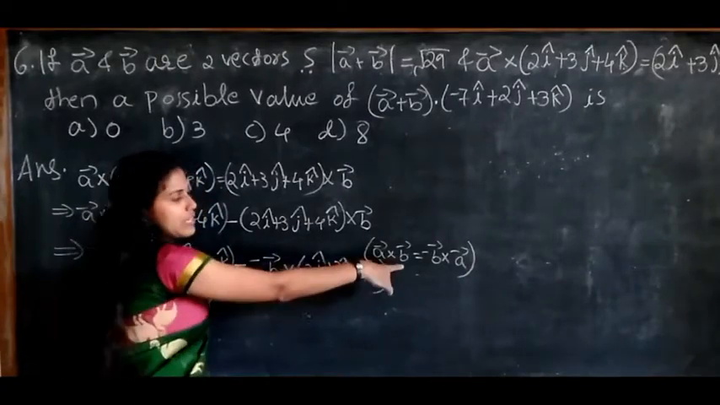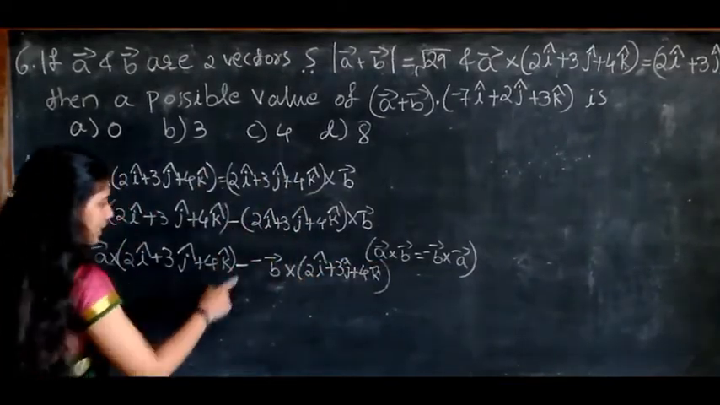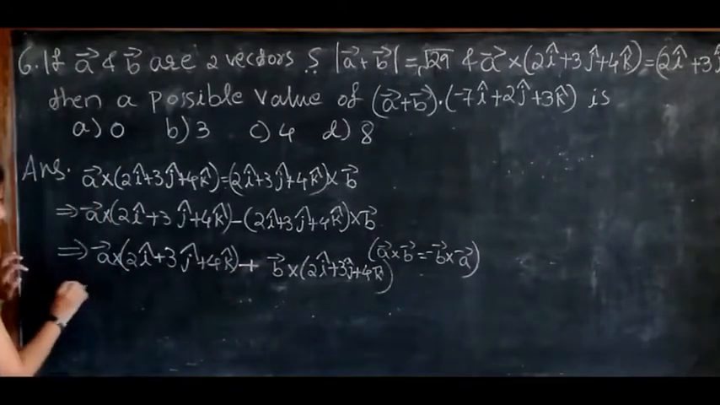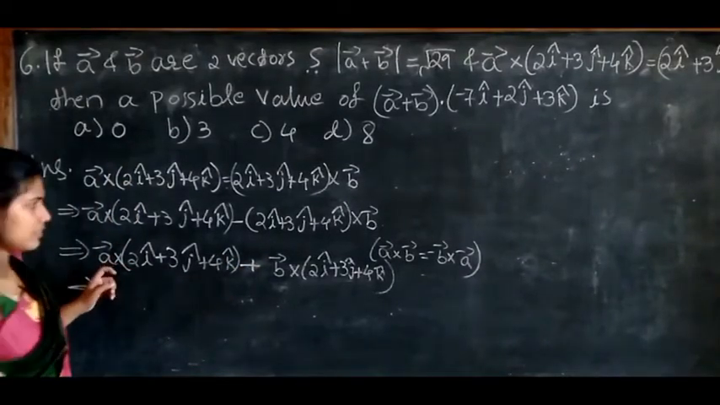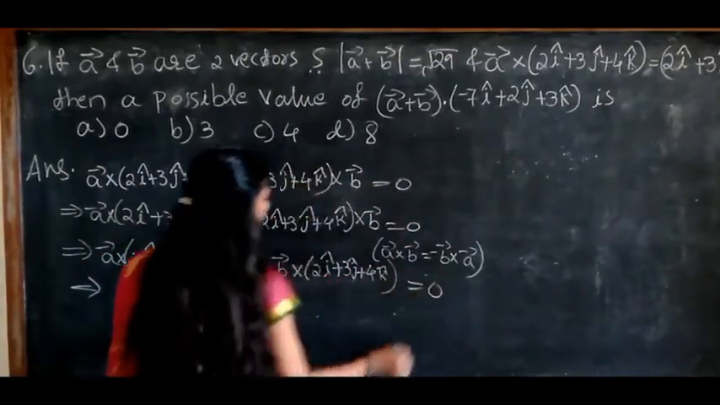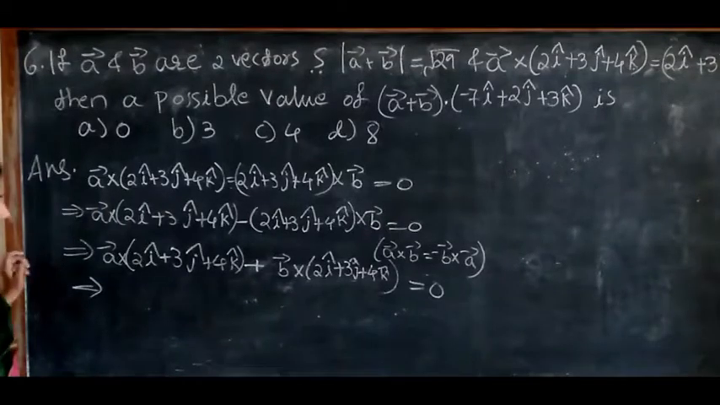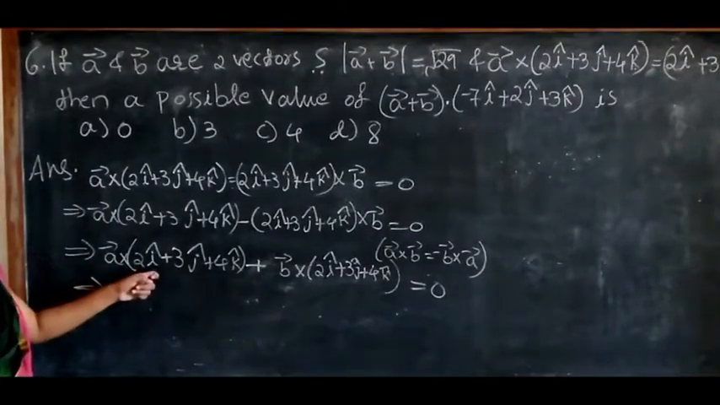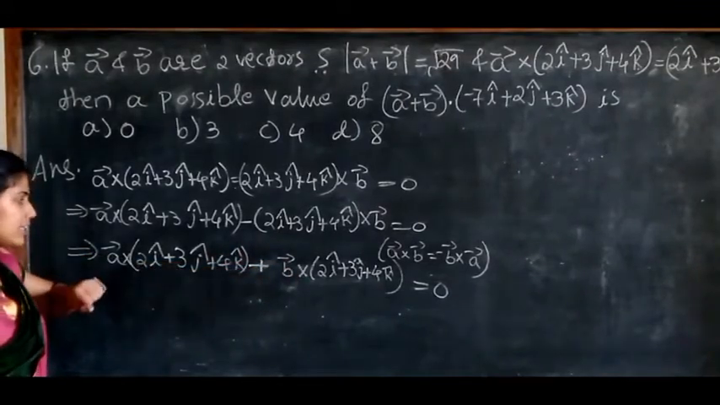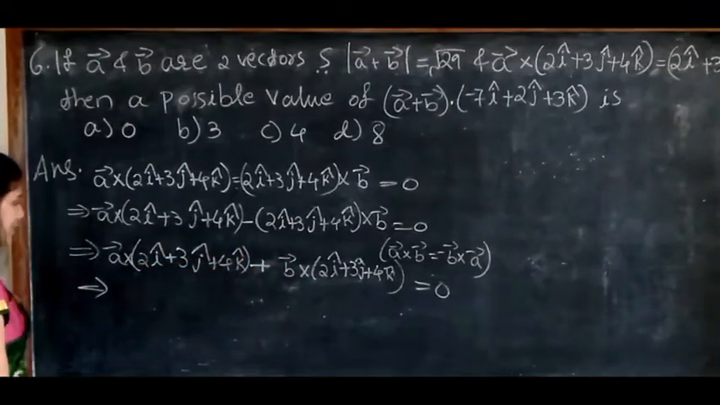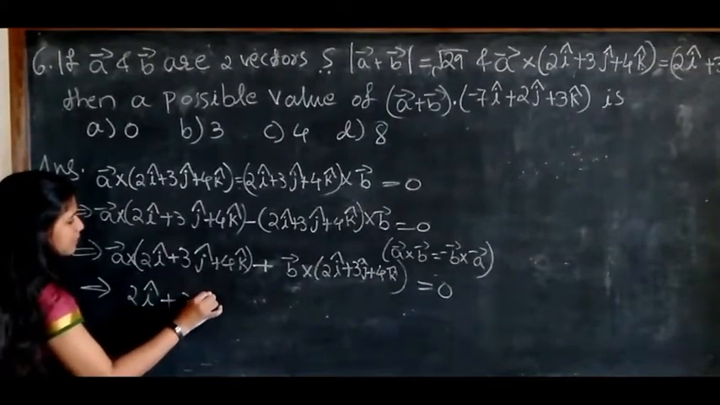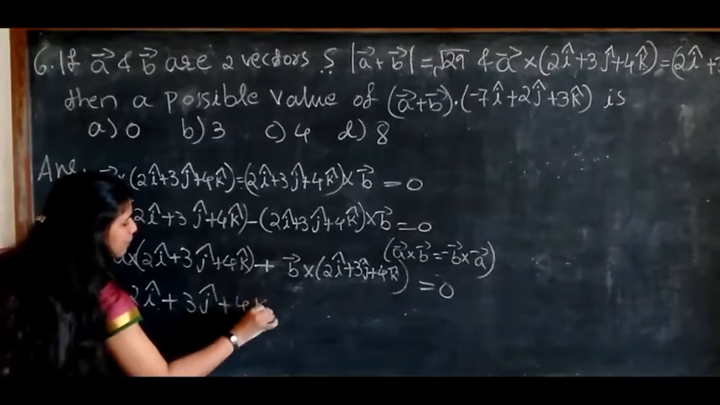By using this result, this negative and negative will be positive, which is equal to 0. Then this term, 2i cap plus 3j cap plus 4k cap, is common in these two terms. If we take it outside, we get 2i cap plus 3j cap plus 4k cap